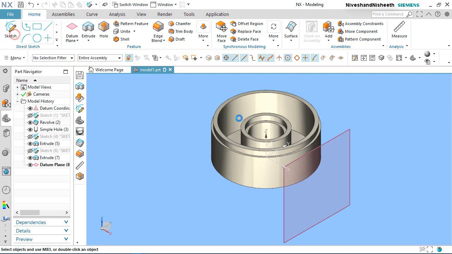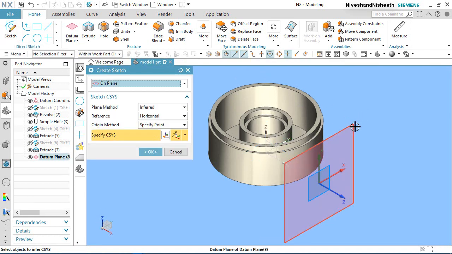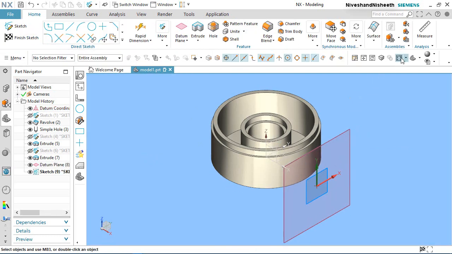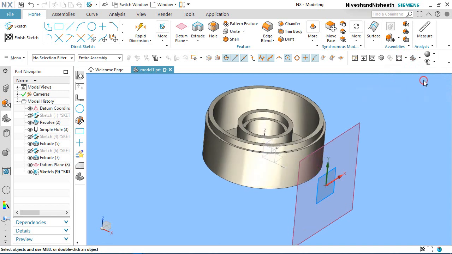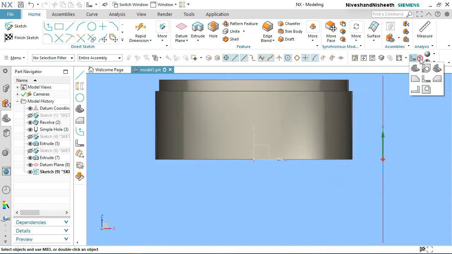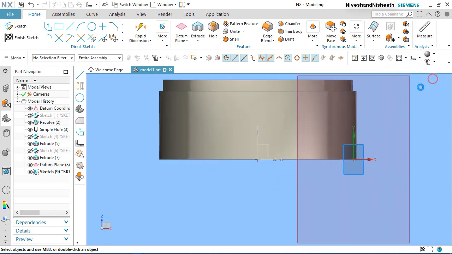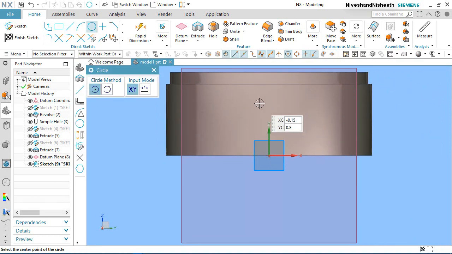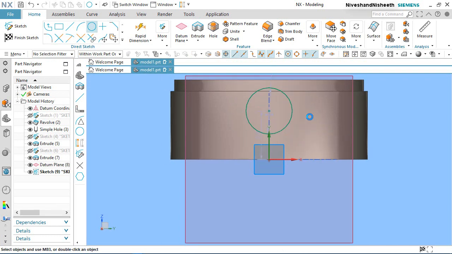Activate the sketch command, select this plane. OK. Choose the front, choose the right, start the circle tool from here.